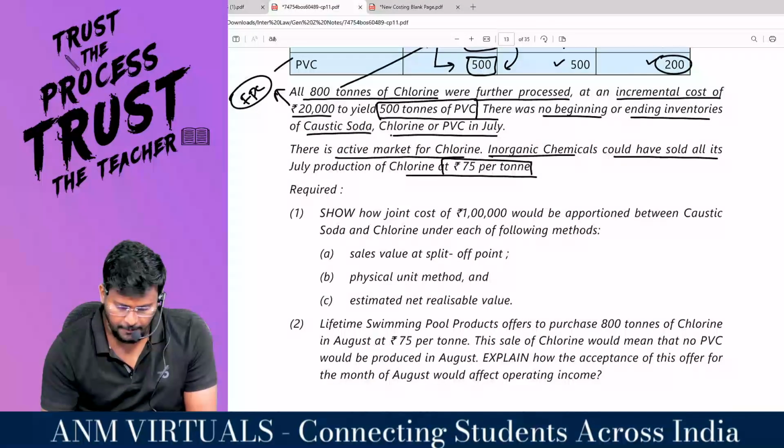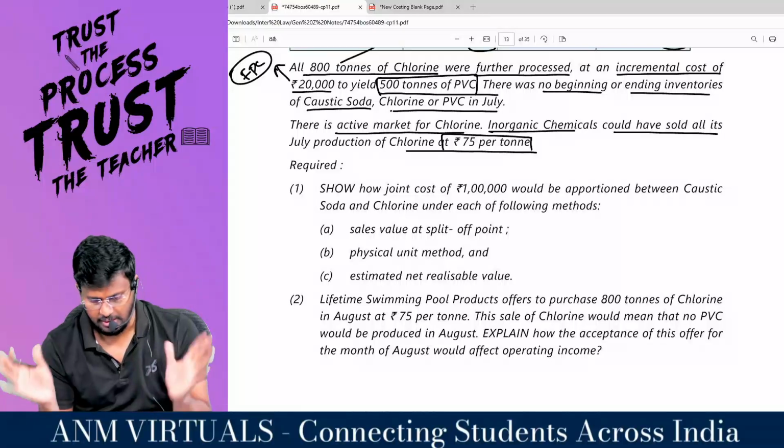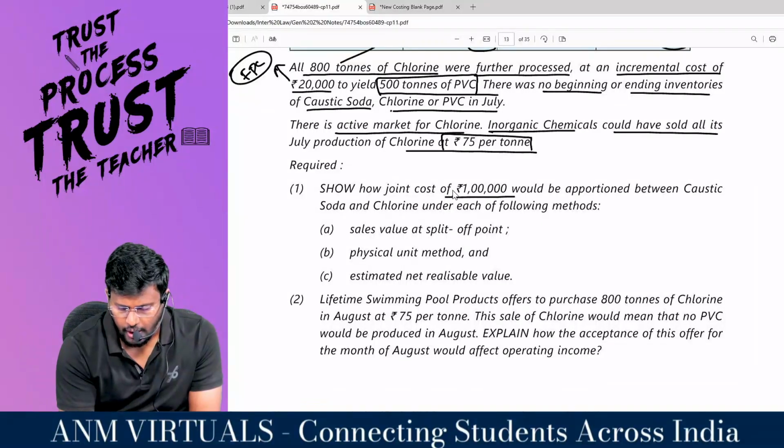Are you all really with me? Required: that is the whole question, a very simple question. Show how the joint cost of 1 lakh